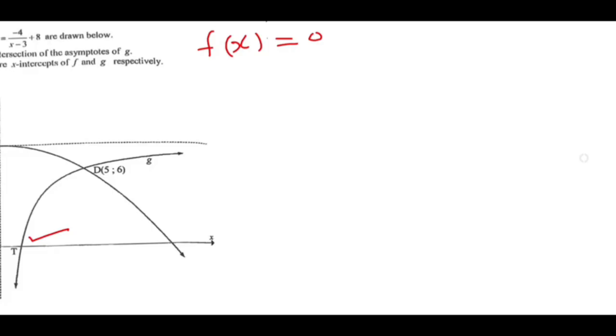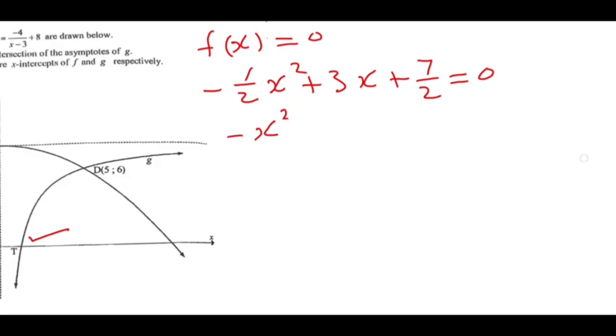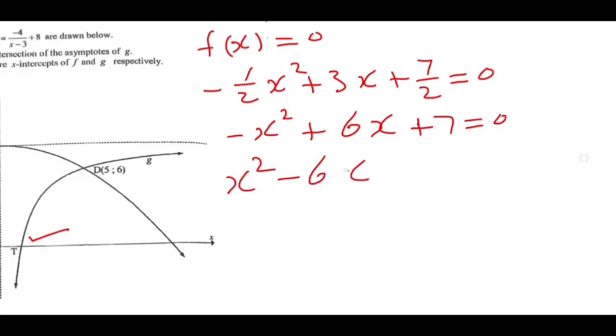And we got f of x, negative 1 over 2 x² plus 3x plus 7 over 2, is equal to 0. Factor the quadratic equation. Multiply by 2 to eliminate the fraction, get rid of the denominator. So it's going to be negative x² plus 6x plus 7 is equal to 0, and then negative, I must multiply inside, becomes x² minus 6x minus 7